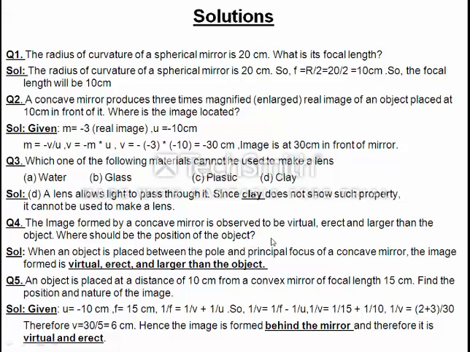You come across this when you are studying the case of the concave mirror. You have seen that the concave mirror is also known as a converging mirror, and a concave mirror produces both real and virtual images. But it produces a virtual image when the object is between the pole and focus. So whenever the object is placed between the pole and focus of a concave mirror, the image formed is virtual, erect and larger than the object. Then the answer will be that the object should be placed between the pole and focus.